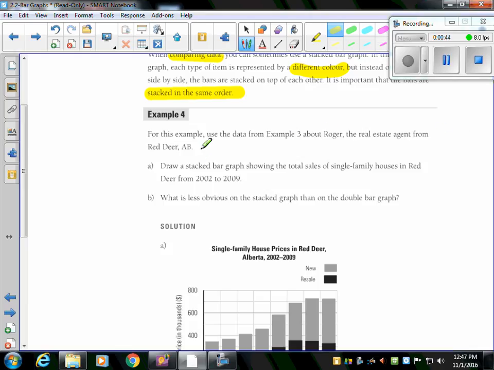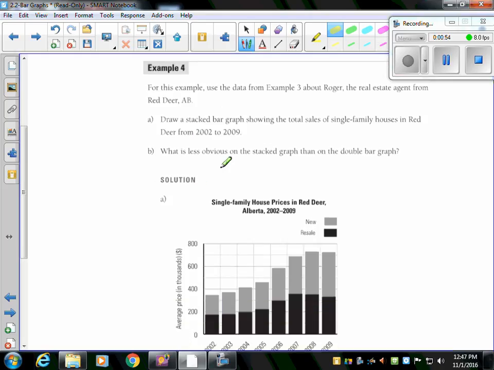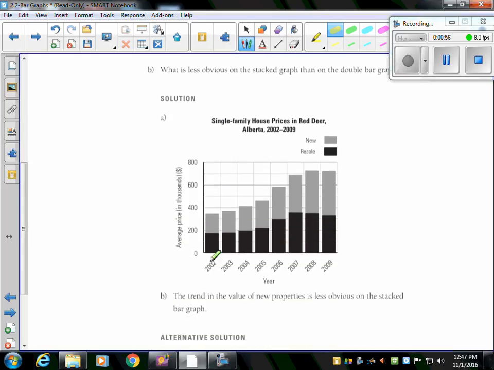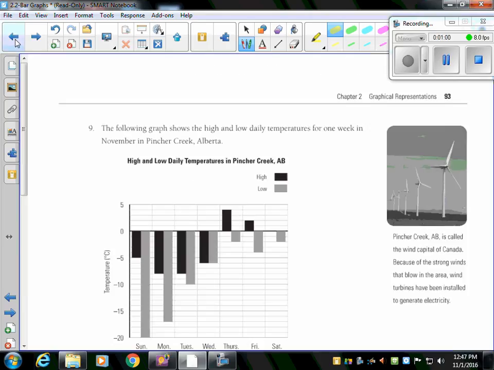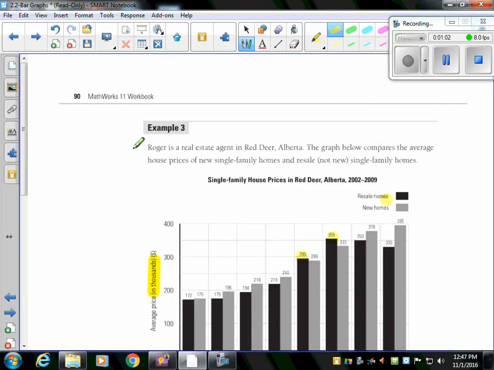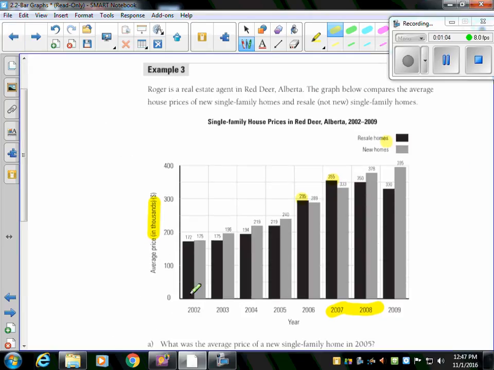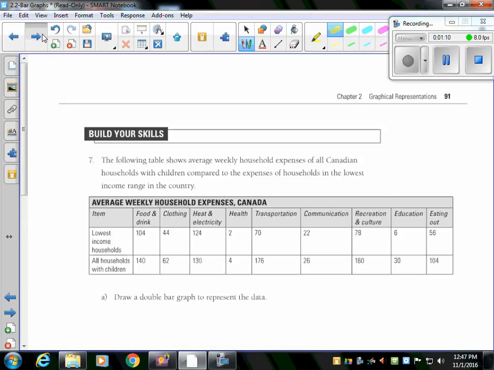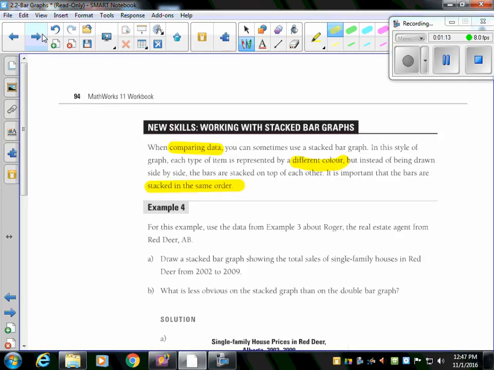from Red Deer, Alberta. Draw a stacked bar graph to show the total sales of single-family homes in Red Deer from 2002 to 2009. What is less obvious? Okay, so to draw the stacked ones, if we go back to 2002, the resale homes were 172,000 and the new homes were 175,000. So what they did